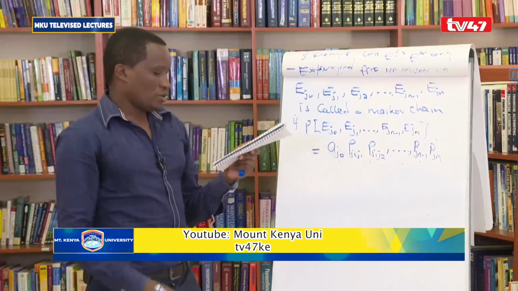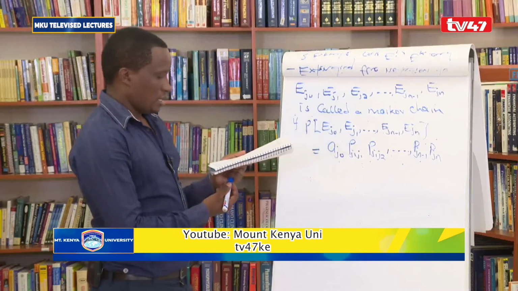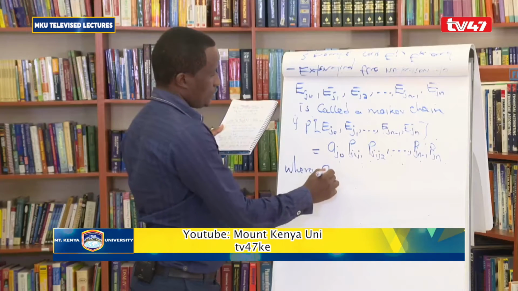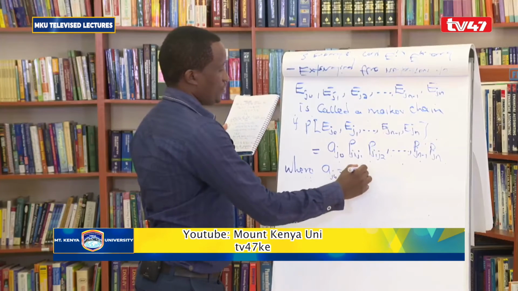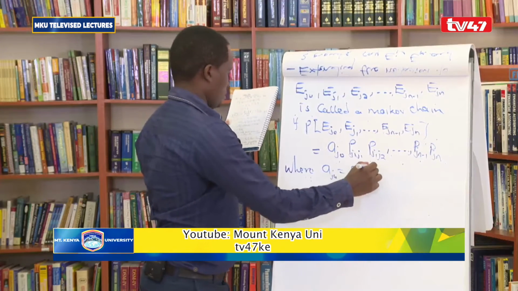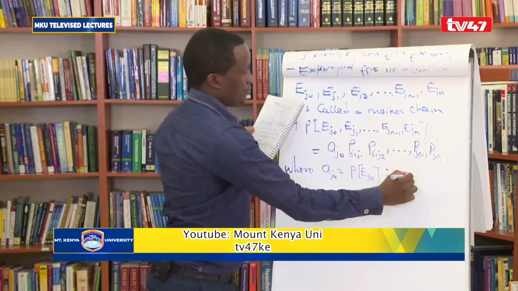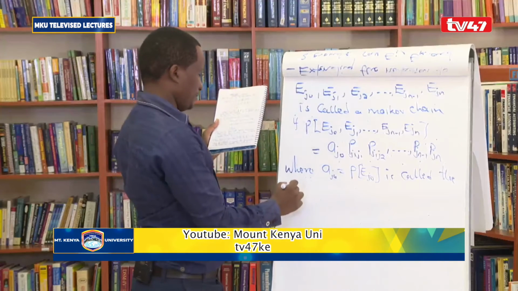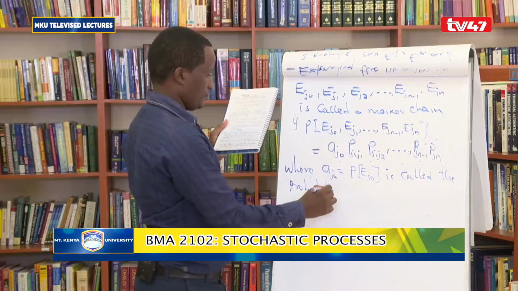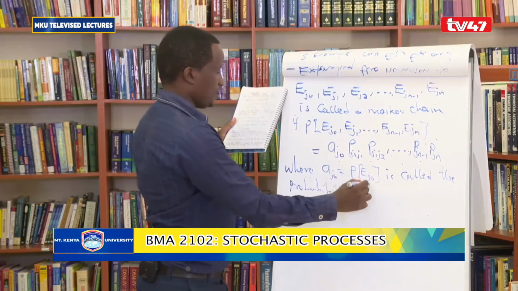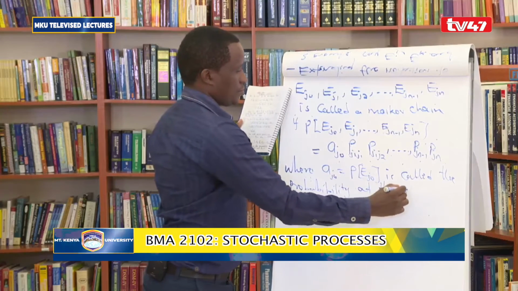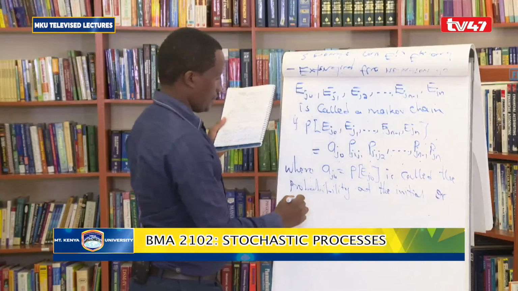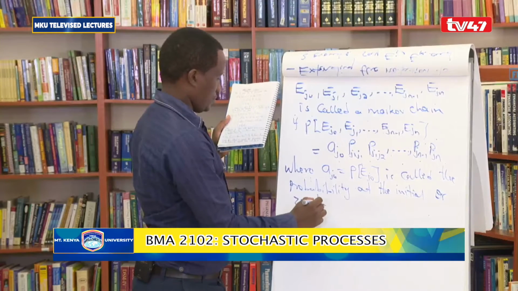If this holds, then we call such a Markov chain, where AJ naught, equal to the probability of event J naught, is called the probability at the initial or 0th trial,